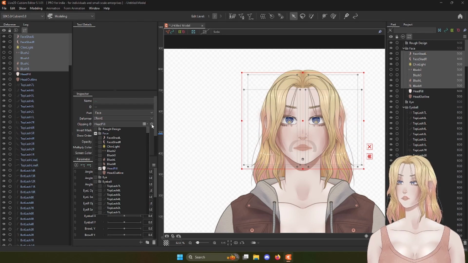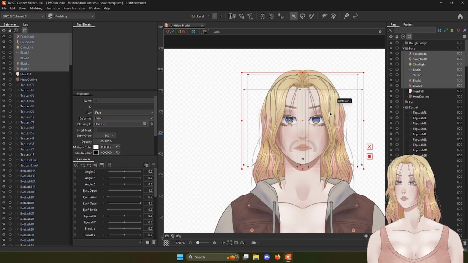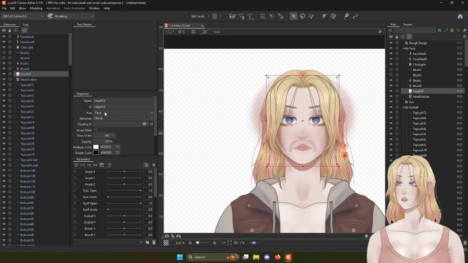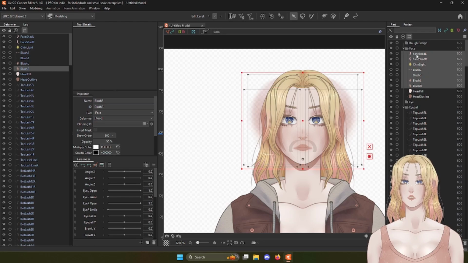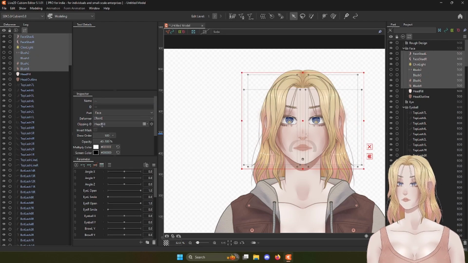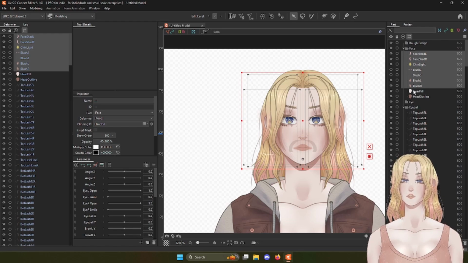Now that's the easiest for me, but another method you could use, you can go to head fill, you can find the ID here, which is head fill, and you can copy it, go into all the layers you want to clip down, and then paste it into clipping ID. If you are trying to clip